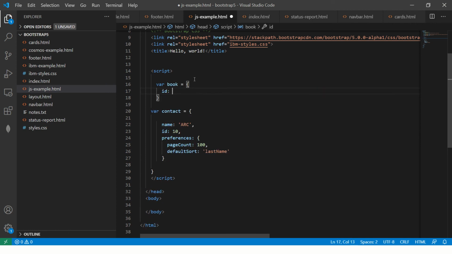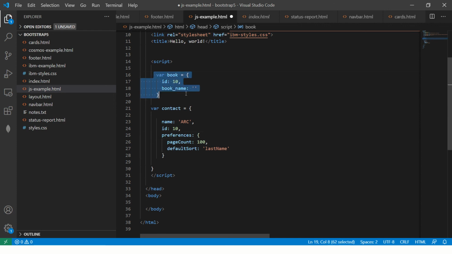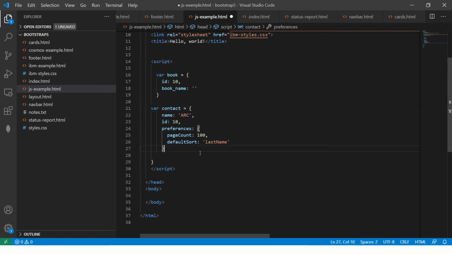ID, and you say 10, and book name. A lot of people give these examples. I've conducted so many interviews, and they give simple examples like this, and it shows that they have not really worked on it. So try and give some realistic, practical objects, say phones, or contact